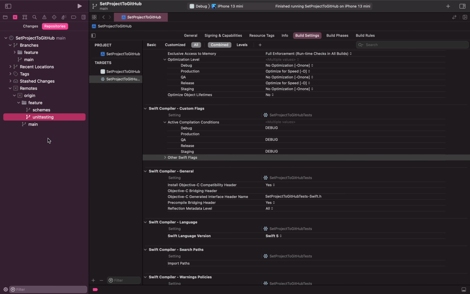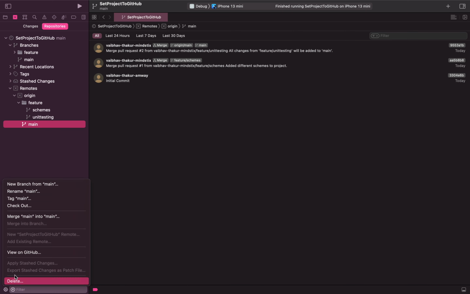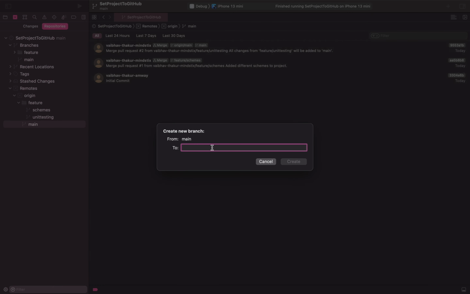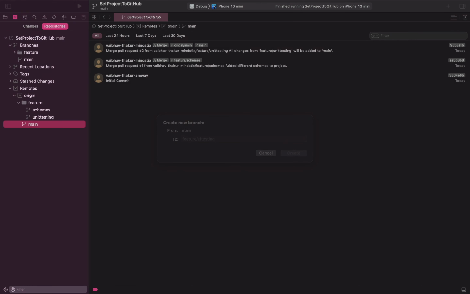Let me select this, new branch from main branch, and name it feature/UI testing, and just create the branch.